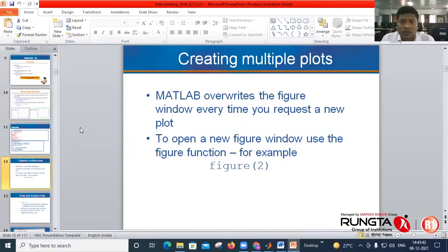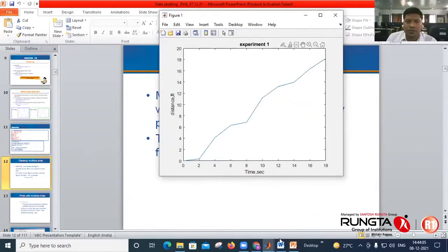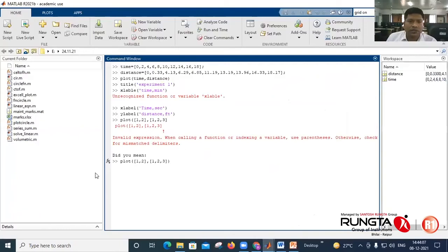We have seen how to plot one graph. In certain cases, you have to plot a number of variables on the same graph. MATLAB overrides the figure window every time you request a new plot. For example, this is your figure 1, which you generate by plotting time versus distance.